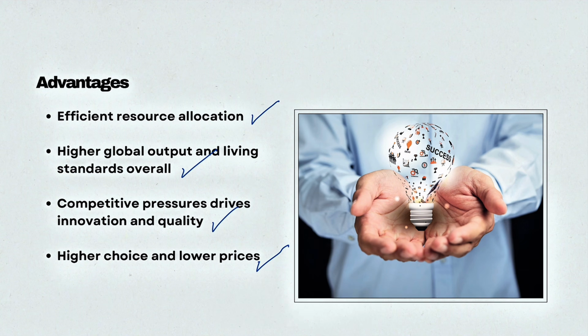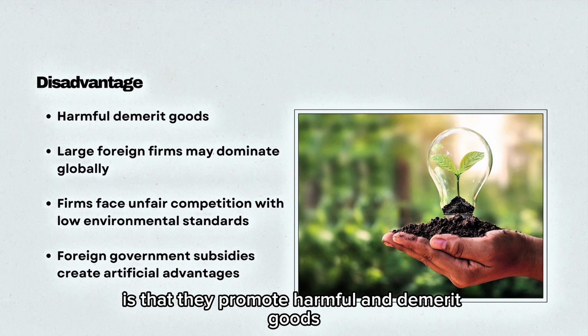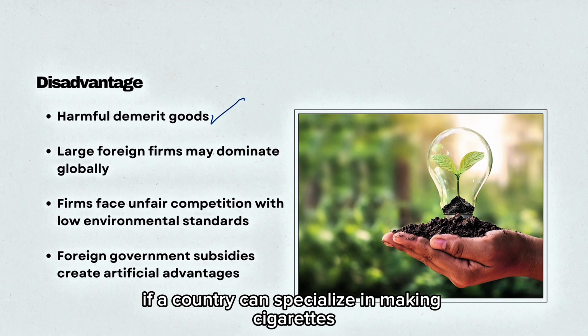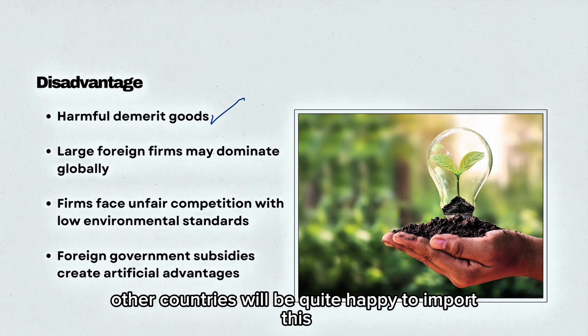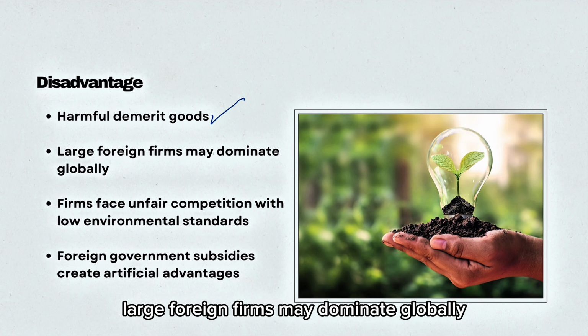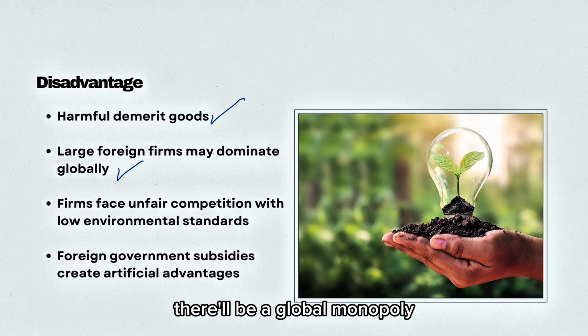higher quality. The disadvantages of free trade is that it promotes harmful and demerit goods. So for instance, if a country can specialize in making cigarettes and they export that for, let's say, $1, other countries will be quite happy to import this demerit good, which is very bad for the country. Large foreign firms may dominate globally. So instead of just being a local monopoly, there'll be a global monopoly, and we all know the problems with